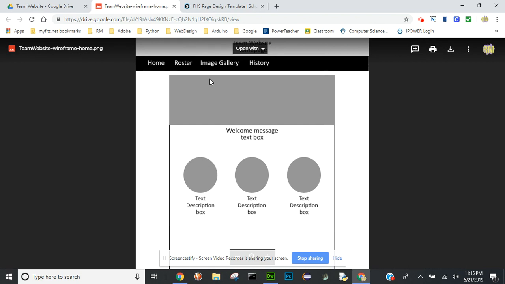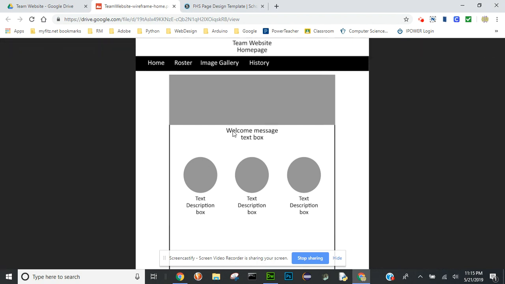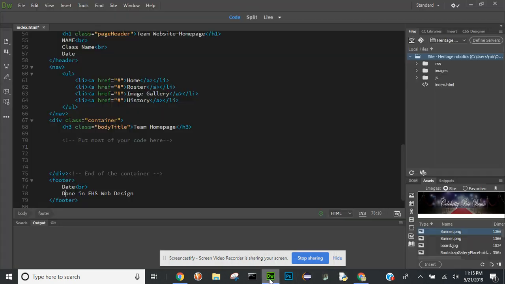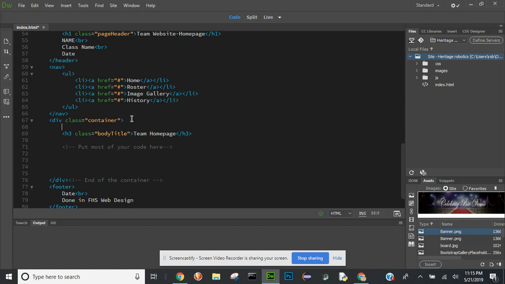Inside of container, we know that we want to put a banner image above our welcome message. You see our welcome message is below that banner. So let's go ahead inside of container. We see our body title that we just changed. Go ahead and above that,